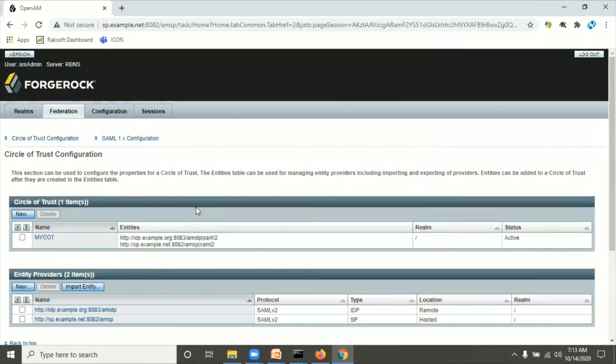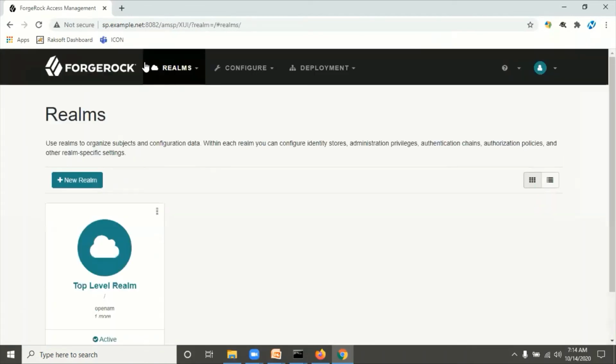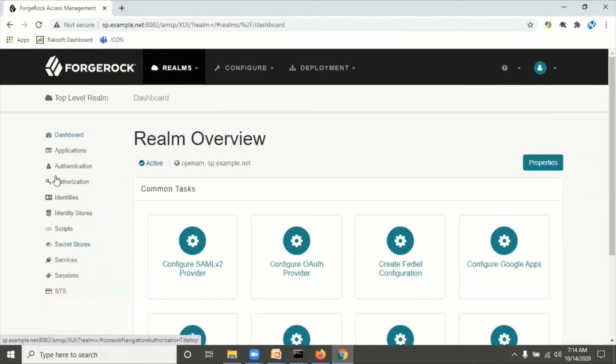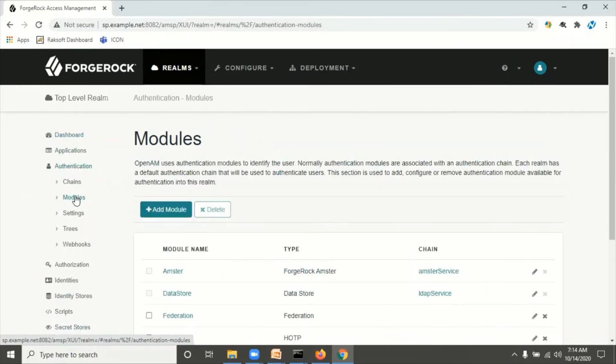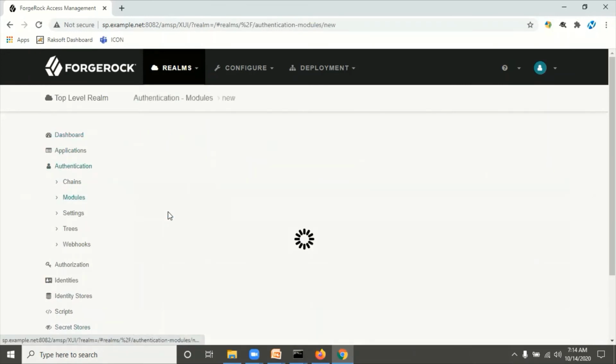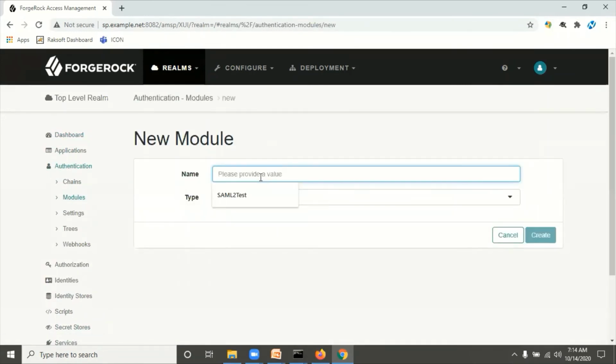Okay. Now we have to configure the SAML2 authentication module. We are going to configure the authentication module in the service provider. Go to the top level realm and go to Authentication, then Modules. Click on Add Module. I'm going to give the name SAML2 test.